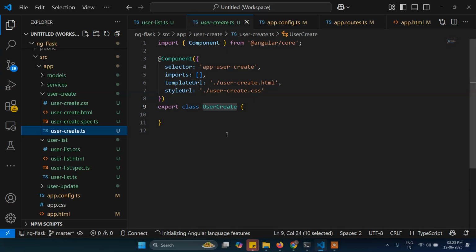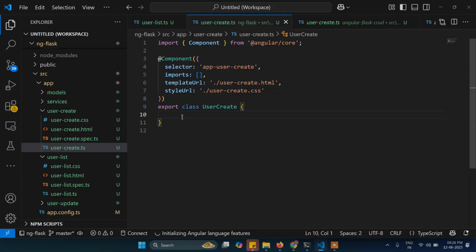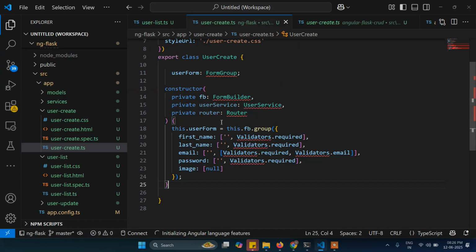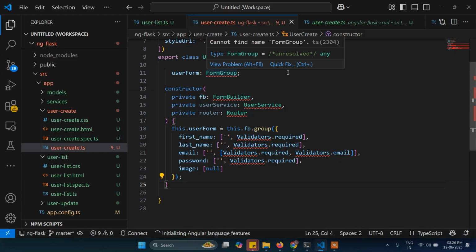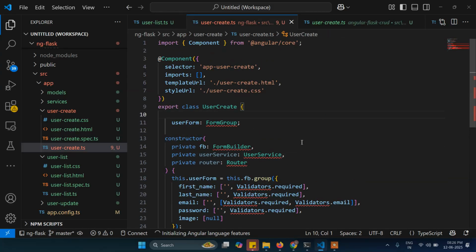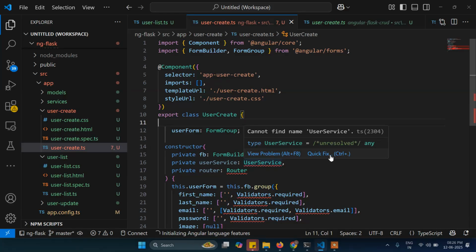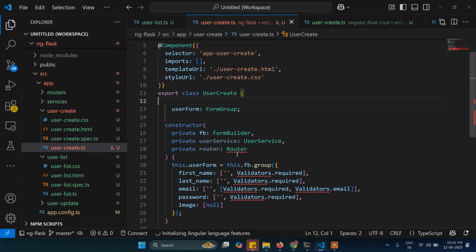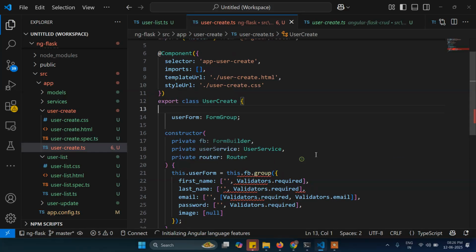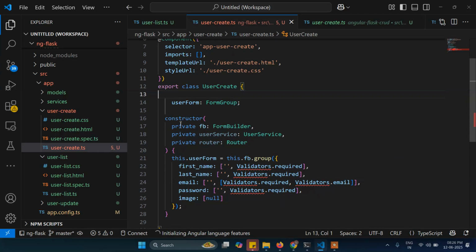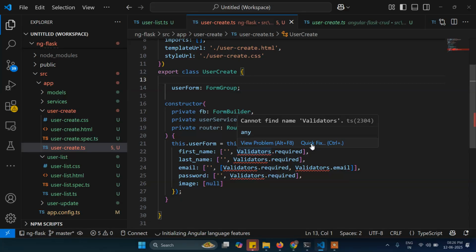So we have to initialize the form here. We will write this form group. Okay, this form group, form builder we will have to call, because we are going to use reactive form modules. That's why. Now let's import the dependency and this form builder also, and the user service that we have already created, we have to call this one also, and finally the router. Remember, all these things are written inside here, and also this one is the validator,